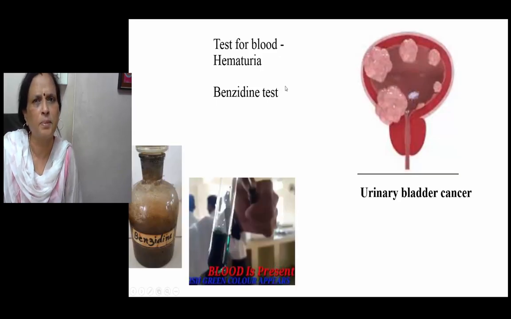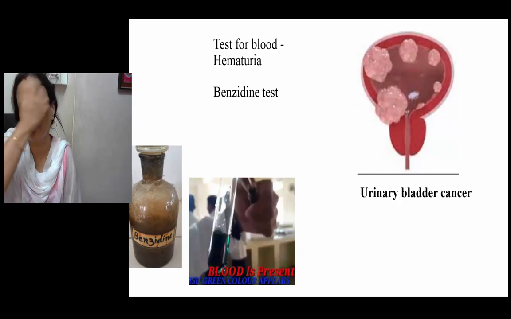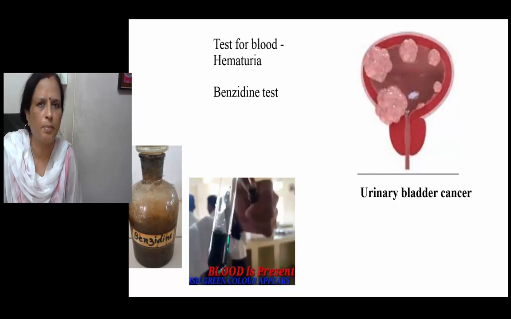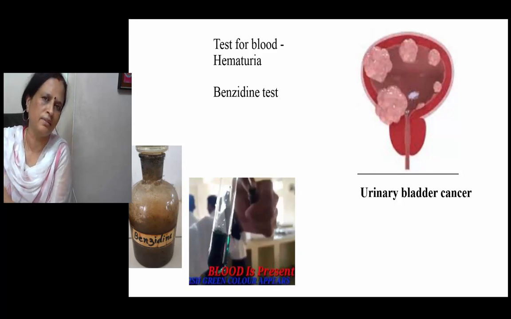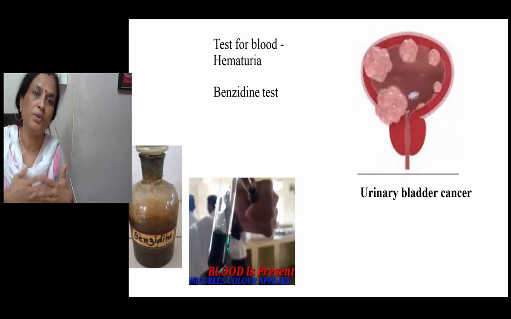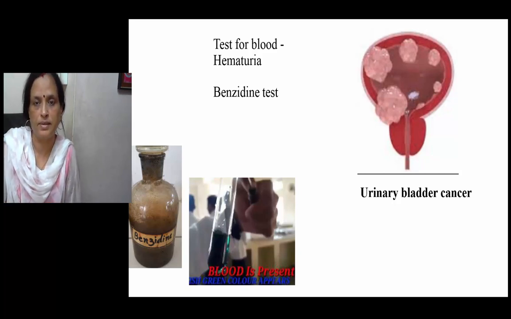So we say bladder malignancy, bladder carcinoma. What type of carcinoma occurs in the bladder? Just give a minute of thought for that, seconds. What is the lining epithelium of the bladder? All of you know it is transitional epithelium. Okay, what is a benign tumor that occurs from this? A transitional cell papilloma. So what is the malignant counterpart? Transitional cell carcinoma. We call it urothelial carcinoma now. And transitional papilloma, we don't call anything a papilloma now. Even that is considered as grade 0 malignant. So that also comes under urothelial malignancy.